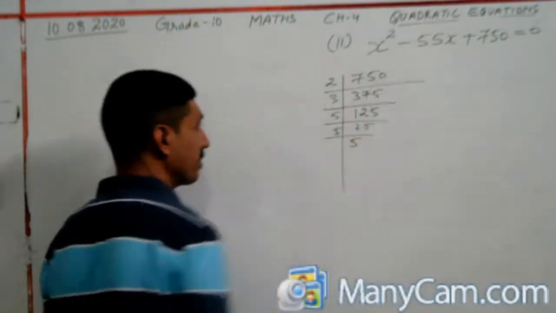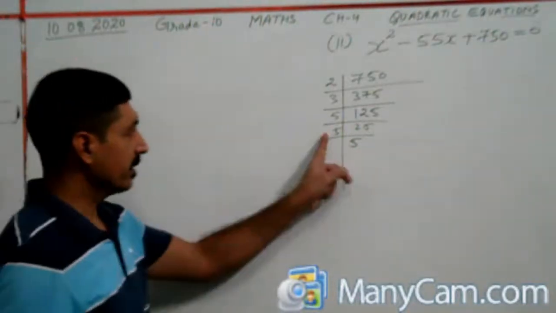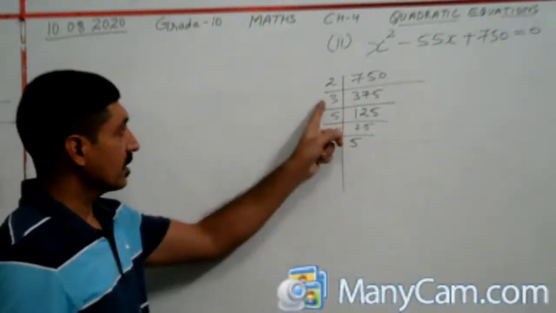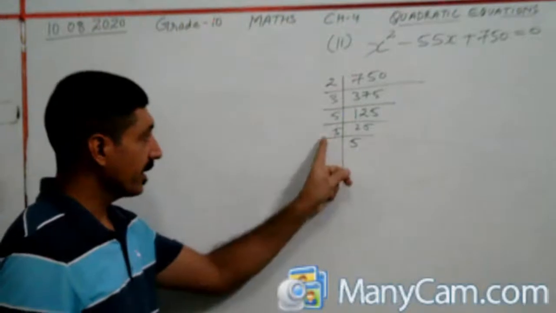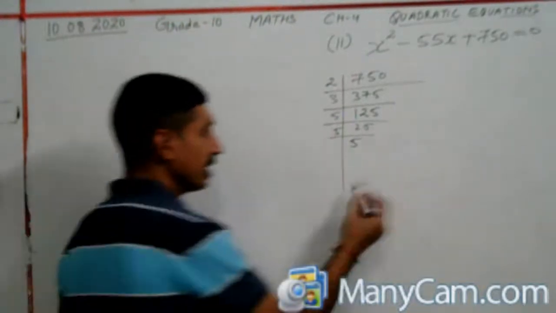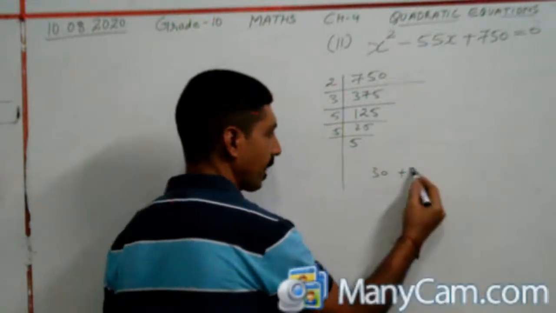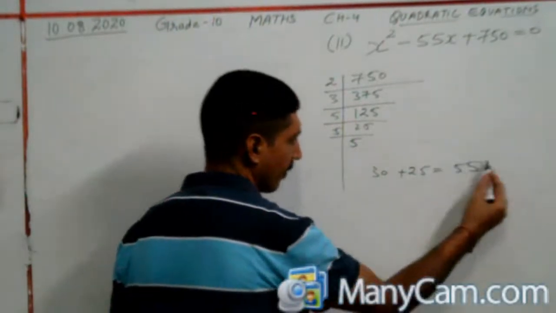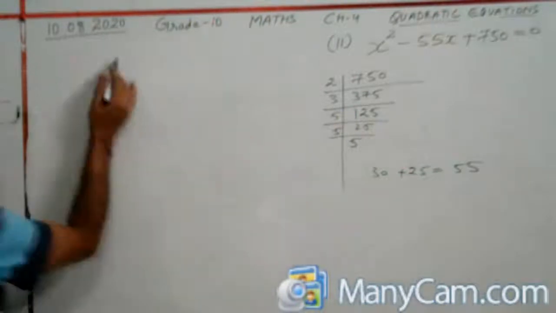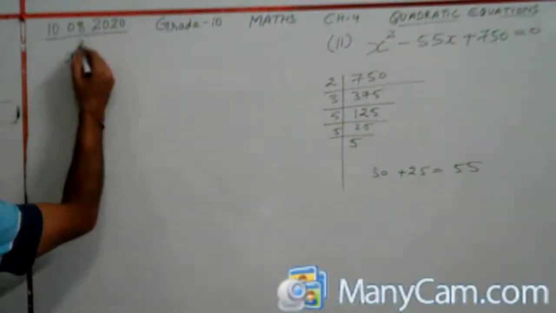But what about 55? So again, that is 30 and here 25, 30 plus 25. So how to start? This is the question, x square